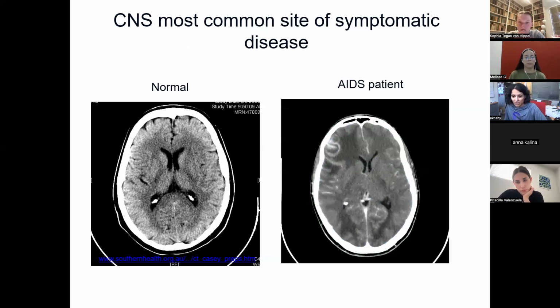This is an AIDS patient I saw as an infectious disease fellow. And so again, this brain should look like that brain. This brain has been given contrast. This person was given contrast. And so these areas where you see bright are areas where there's inflammation. And in particular, these things are basically pockets of parasites that the immune response is trying to wall off. But it can't wall it off perfectly because they don't have T cells. So this person had a CD4 count of 4. And for Toxoplasma and many other opportunistic infections, especially intracellular infections, you need your T cells to help control that